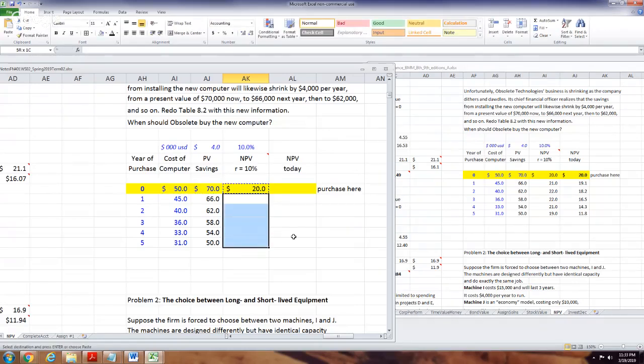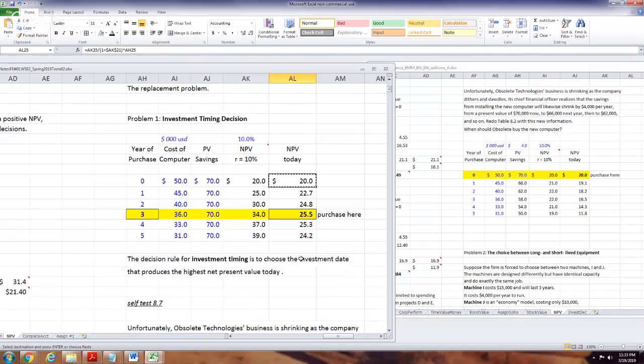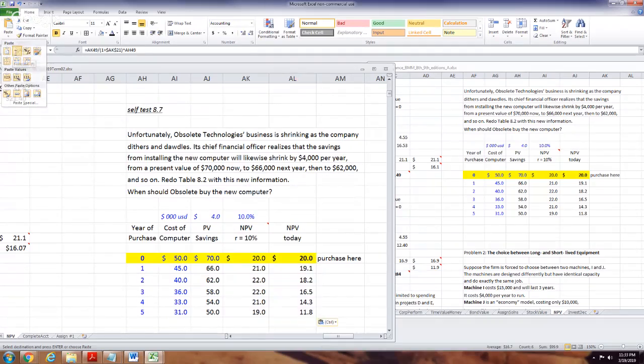Copy, select, Alt, H, D, F, or just like I said, just paste the formula down. Okay, and actually, what you can do, you know, there's all this complicated stuff here. You can just come up here and grab this. You're selecting your present value formula. You can select all of these and say paste just formulas.